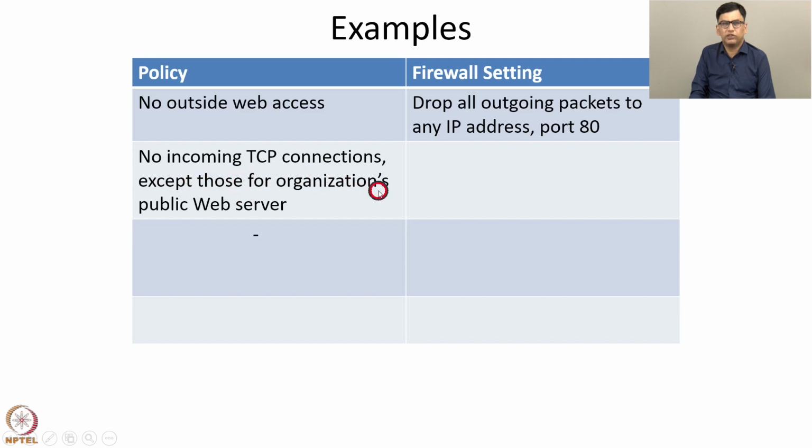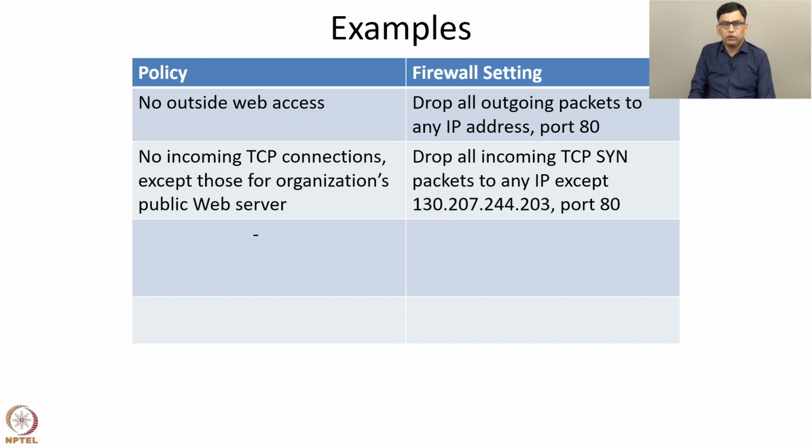So how do we enforce this by a suitable firewall setting? So we drop all incoming TCP SYN packets to any IP address except 130.207.244.203 and port number 80. This IP address is the IP address of the organization's public web server, and the web server obviously runs at